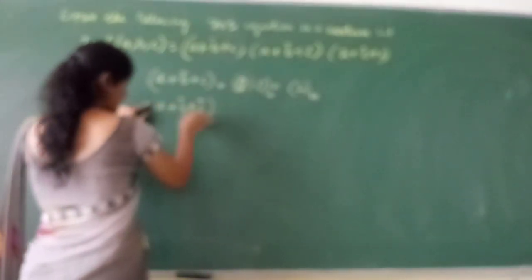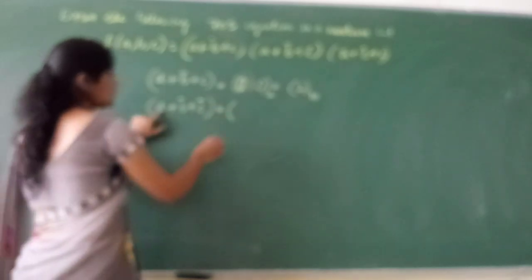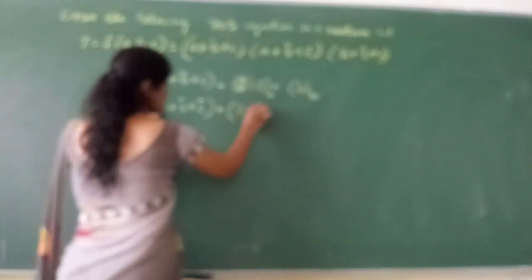It corresponds to 2 in decimal. Right? Next, a plus b bar plus c bar. So this is equal to what? 0, 1, 1. So 0, 1, 1 corresponds to 3 in decimal. Similarly, a bar plus b bar plus c. So this is equal to what? A bar means that variable is taking 1. 1, 1, 0. So that will be equal to 6 in decimal.